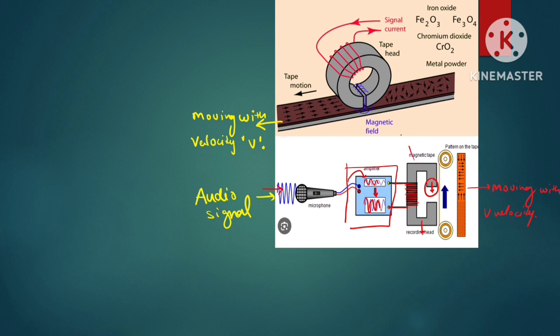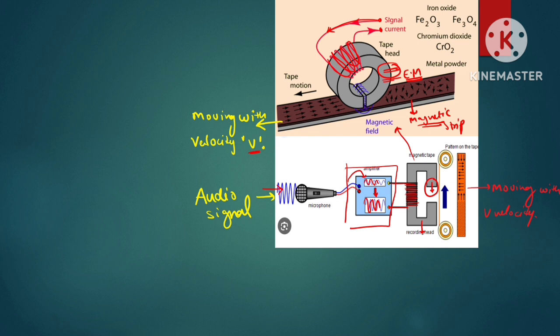You can see here the current signal coming from the amplifier is now given to this circular loop, which is wound over a conducting material. So when current passes through, this whole thing will work as an electromagnet. This is our magnetic strip, which is moving with a constant velocity of v. This is very important: the magnetic strip should move with a constant velocity, which can be anything.